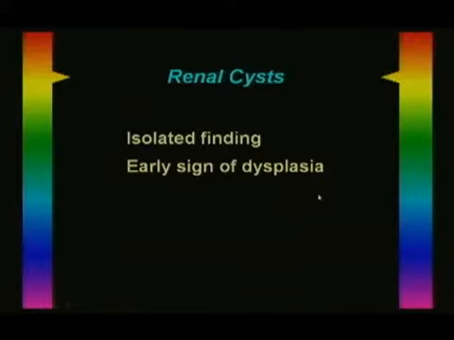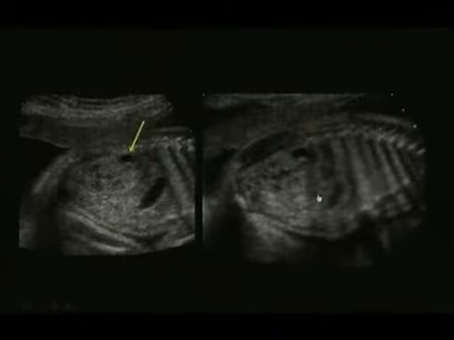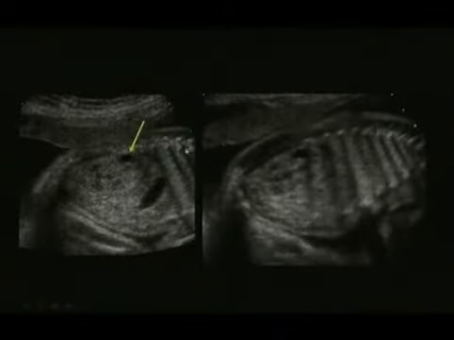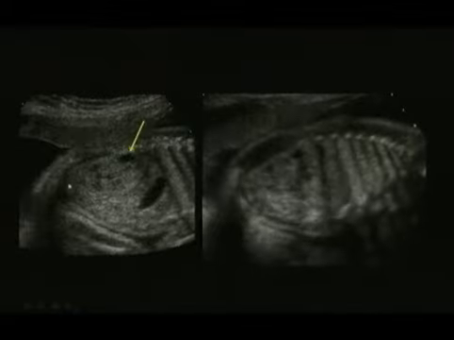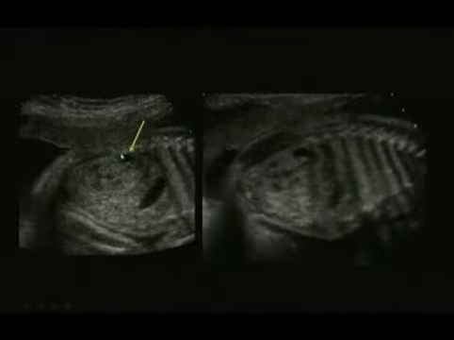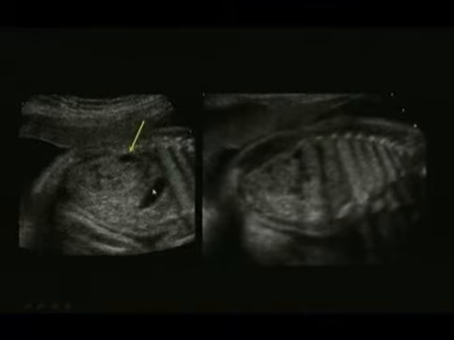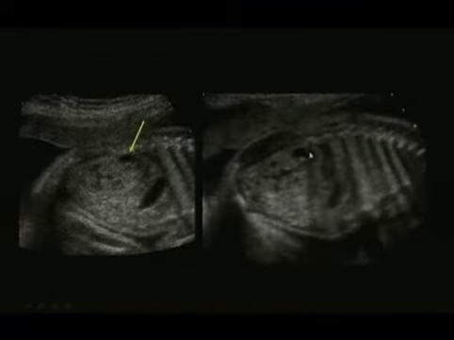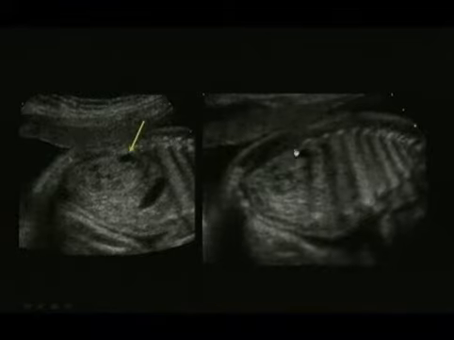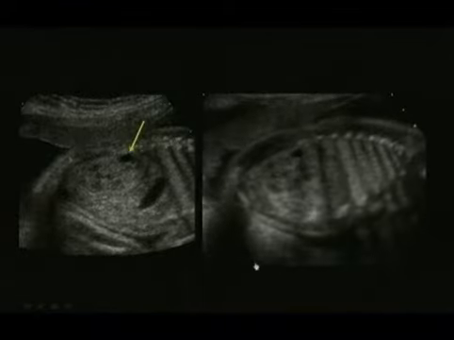Renal cysts are uncommon in the fetus, but not unheard of. They can be an isolated finding or an early sign of dysplasia. So here is a fetus who has a renal cyst in the upper pole of the left kidney. Here's the kidney. Here's the small cyst in the upper pole of the kidney. You know it's the left kidney because it's posterior to the stomach. And here we see on the clip that it is an isolated cyst, and the rest of the parenchyma appears